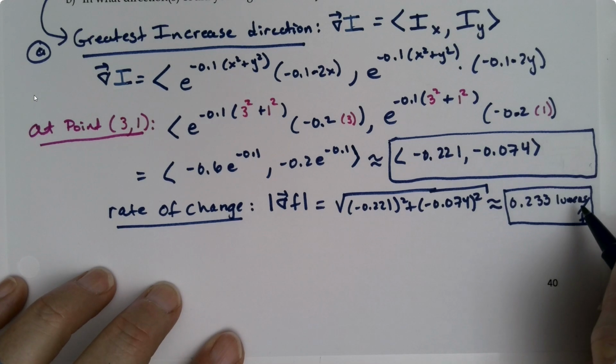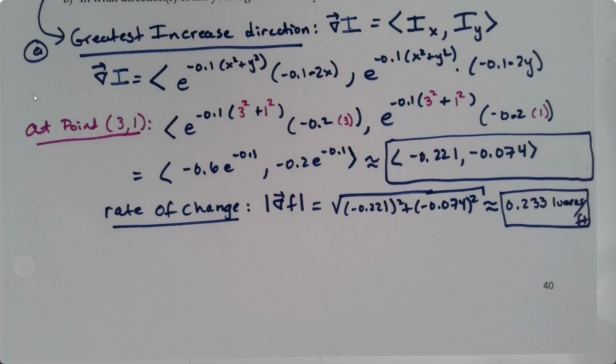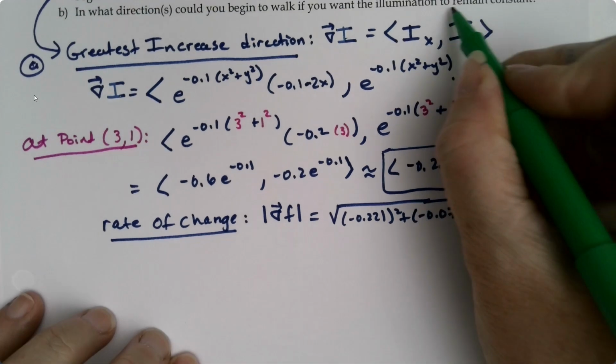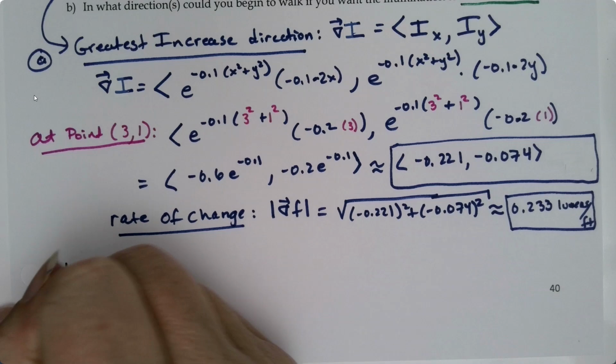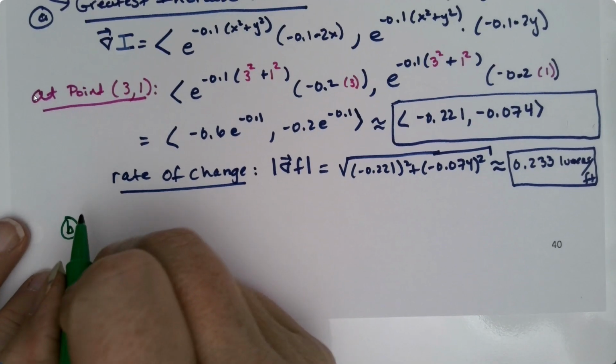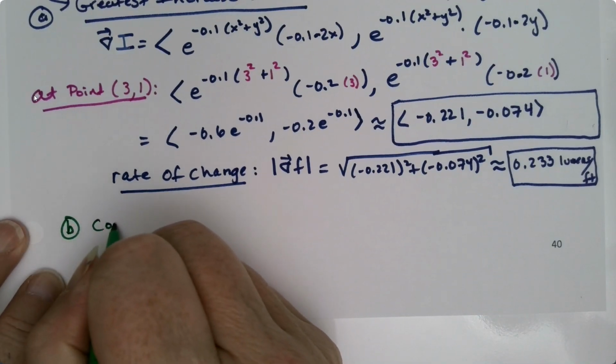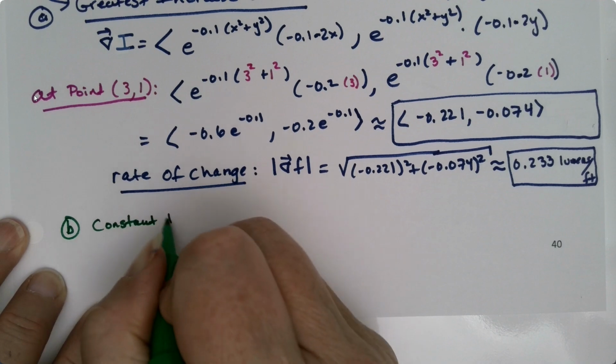All right. Next, letter B. In what direction would you begin to walk if you want the illumination to remain constant? Oh, all right. To remain constant means that the gradient must be 0, which is not as hard a problem to do as you might think of. So if your constant illumination,